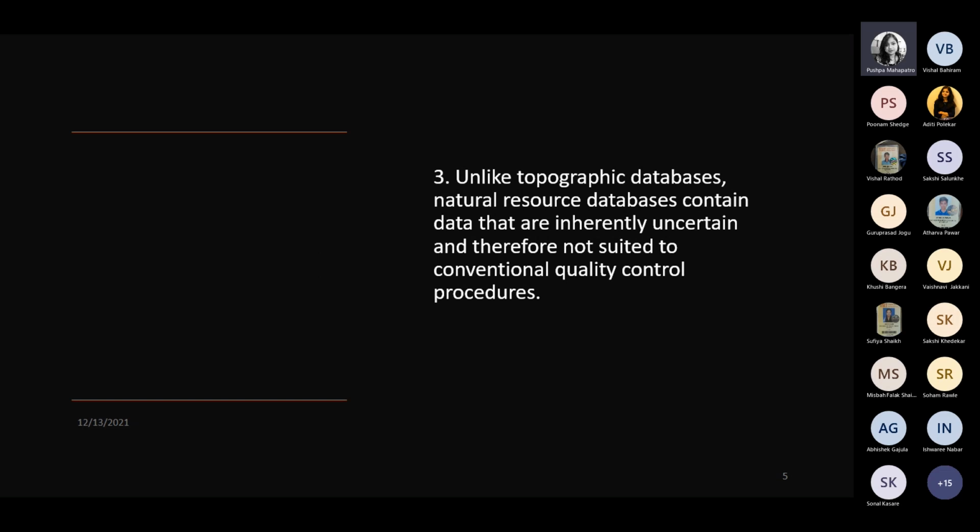Then we have topographic databases, natural source databases that contain all different types of data. Because initially if the data is stored and later it does not have the proper location, or the topography is not correct, or the quality is not there, then the data becomes useless. So later on, there may be some kind of errors when we are collecting the data.